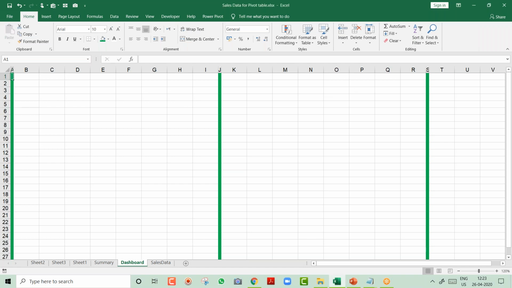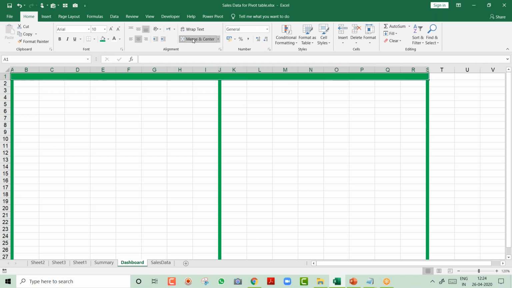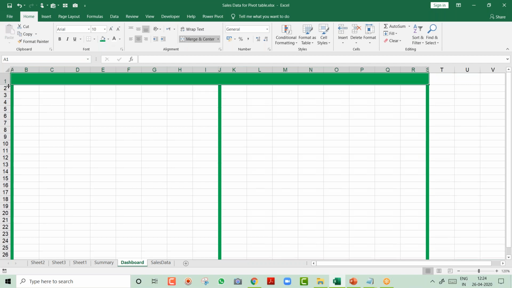So now what I will do is I will come on my heading. I will select this entire heading. I make it merge. You all are expert in doing merge. So I just say merge. I increase this. Here I'm going to create the heading. Okay, give me 5 minutes and you will see very nice thing.